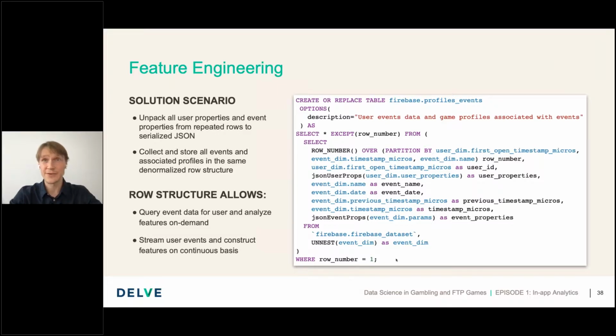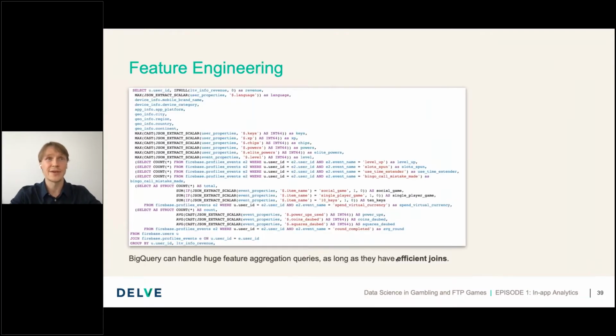This allows all the user features to be aggregated in one single row without repetitions, which allows us to build a feature table.